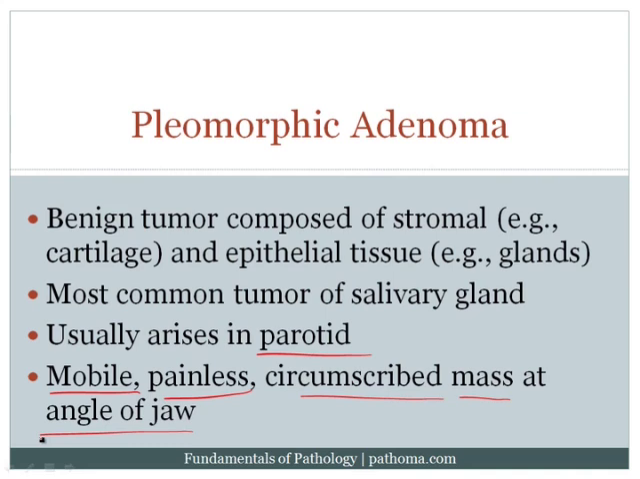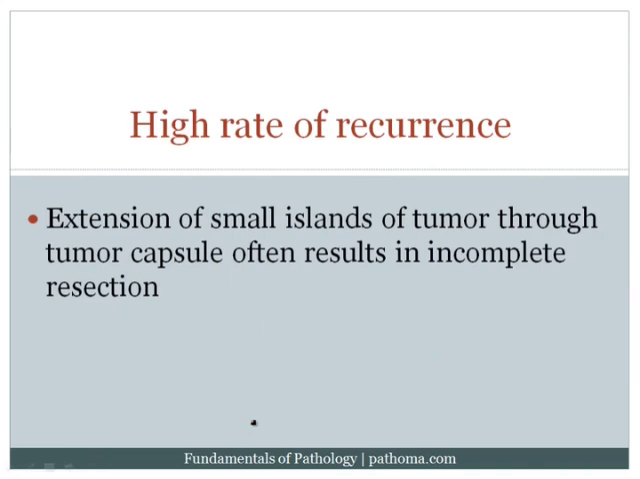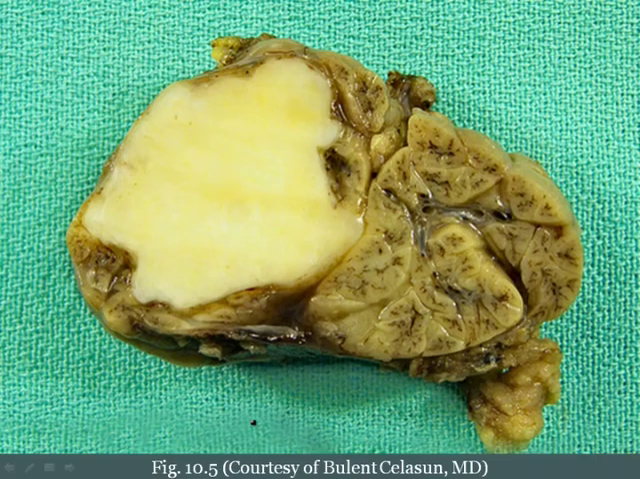Also, important to note that this is a circumscribed mass, so that the tumor is very distinct from all of the tissue surrounding it. And all of these features are suggestive that we're dealing with a benign tumor. Now, important to note, and very high yield for the purposes of examinations, is that there's a high rate of recurrence in this tumor. The reason why you get a high rate of recurrence in this tumor is because the